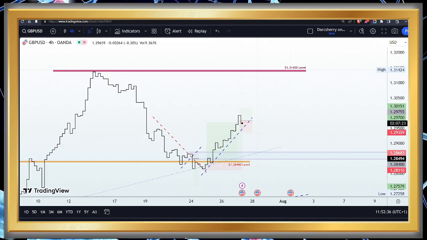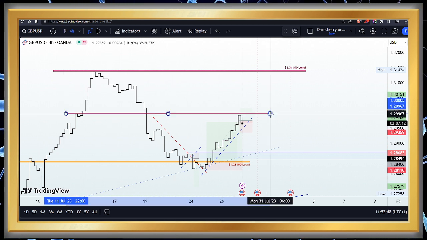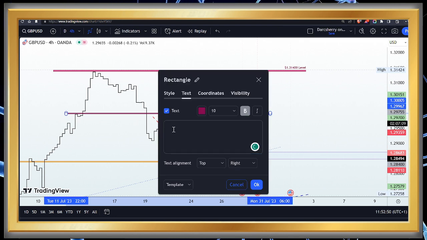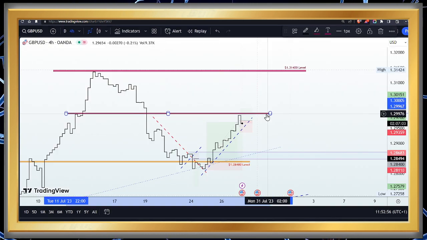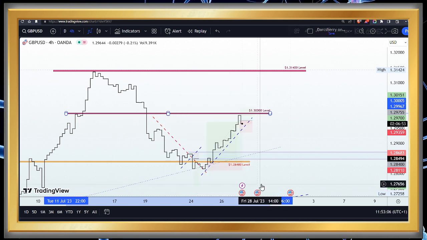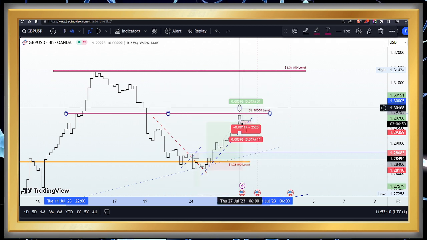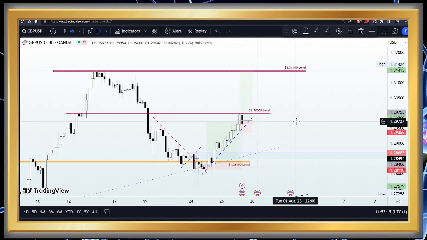If I bring out my line chart, there is a structure here I would like to share with you, and that falls along the 1.300 level, a very strong psychological area, considering the round figure of that price. I'm sorry about that. So I want to label this one as the 1.300 level, which of course we want to see how the market is going to react to, to decide if we are going to be adding more buy positions to our existing trade or getting ready to sell if continued selling pressure resumes around that area.